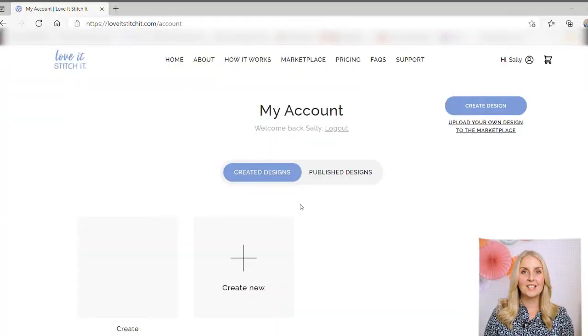of using the platform. In this video, I'm going to show you how you can use the main functions and tools within the Love It Stitch It platform. I'll show you how you can select a thread colour, draw a section, erase, add backstitch, and fill any area of stitches. So let's go through some of the main functions and tools that you'll find on the Love It